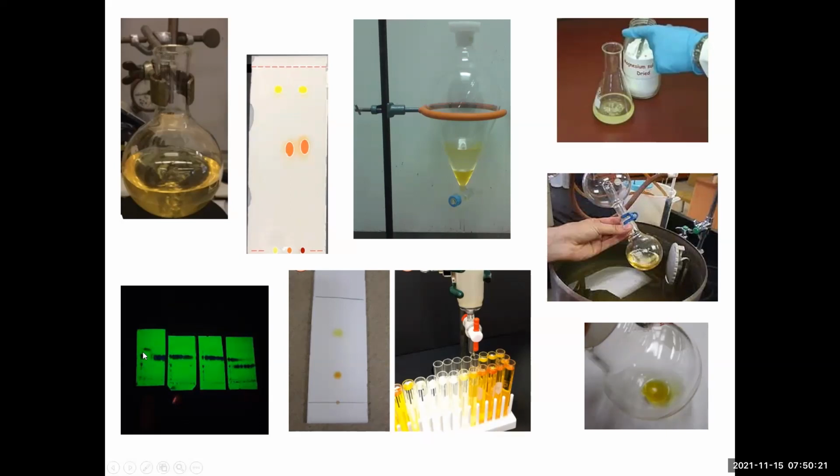And then you can see that a really nonpolar compound came out in the first couple of fractions. That's kind of a surprise because we didn't even see that in the original mixture. And that can be the case. If there's just tiny amounts of it, sometimes you don't see it until it's a little bit more concentrated. And then this second, larger spot starts getting eluted over several fractions, right? And it continues to get eluted over several more fractions.